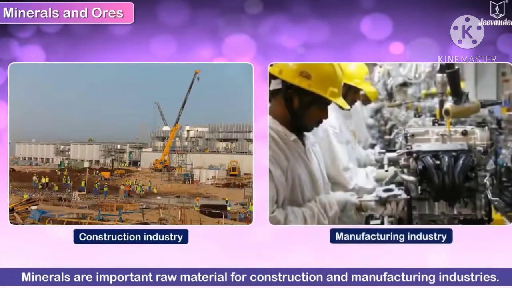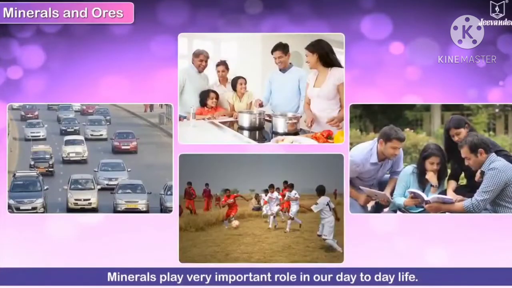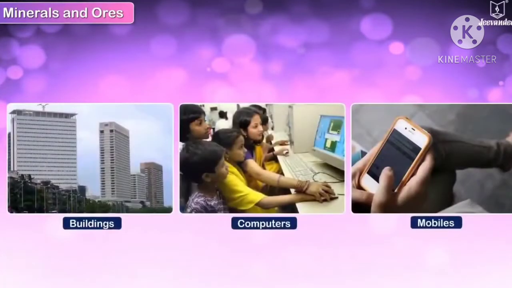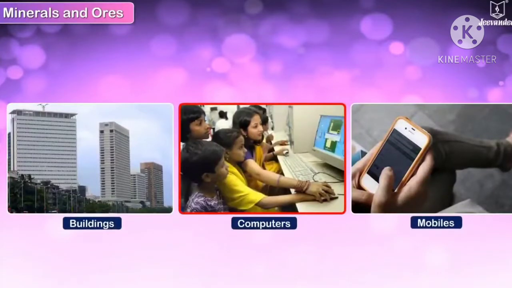So minerals are important raw materials for construction and manufacturing industries. Minerals play a very important role in our day-to-day lives, right from the huge buildings to the computers to our mobile phones,